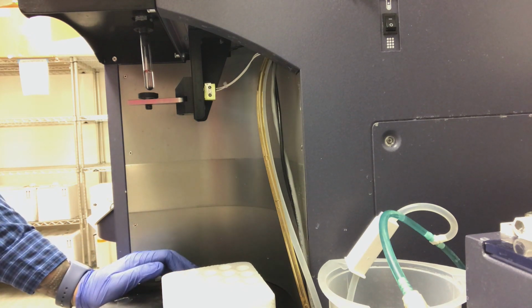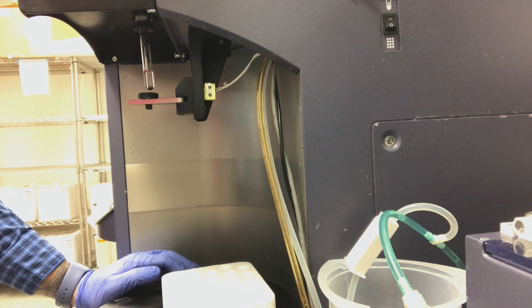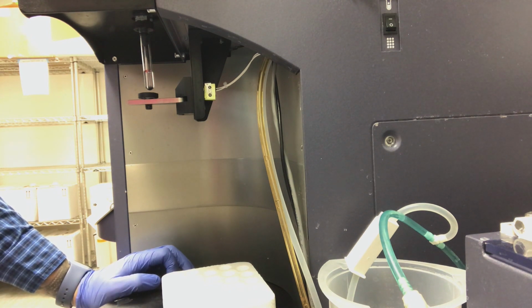Let that bleach run for about 5 minutes. You should gradually see the liquid level drop below the meniscus, and at that point, you can successfully say that you've cleared the clog. As I mentioned before, you will want to run water immediately following the bleach before proceeding with your samples, and